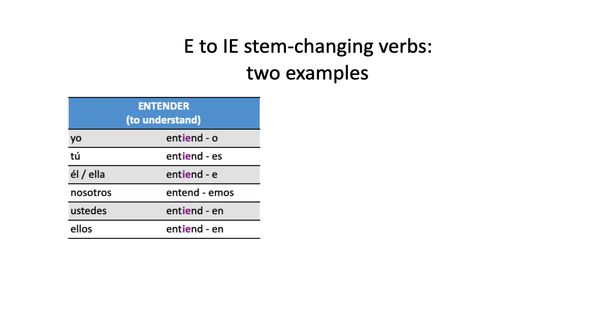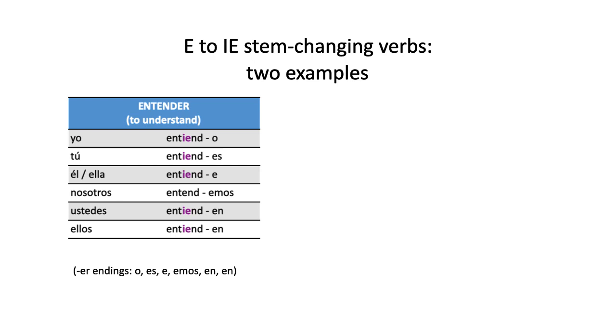So all those places that I marked in purple, in those places I'm applying the rule. Why am I not applying it for nosotros? Well, because that's the exception, right? That's the one place where I don't apply the rule, right? And then the endings. What endings did I use? Well, the ER endings, because entender ends in ER. So those are the endings I used. Okay? So it goes entiendo, change in the stem, and then ending,